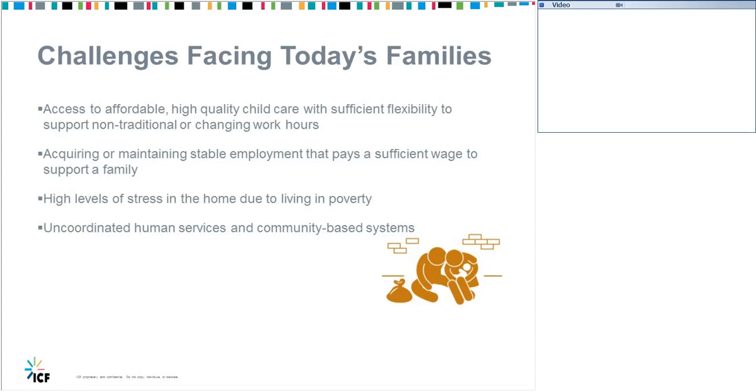First, high quality child care with flexibility to support non-traditional, changing work hours. Even when low income families are able to access care, it's often not flexible. And many parents have reported quality concerns related to learning, development, or behavior more frequently than their higher income peers when it relates to child care. In terms of stable employment, nearly 80% of families with children under the age of 8 are headed by parents who lack higher education. And in our current economic climate, not having a post-secondary degree can limit career opportunities, and it can translate into inflexible work environments with low-paying jobs, for example.